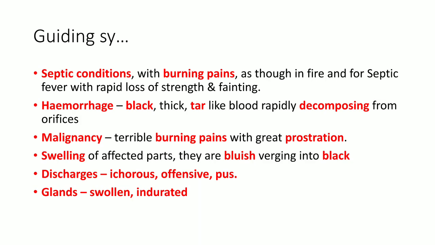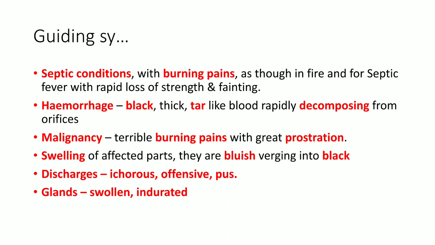See the guiding symptoms. First point is septic conditions. The characteristic points begin with intense burning pains. You have learned so many remedies having burning pains. Arsenicum you have learned, and Apis you have studied. In case of Arsenicum, the pain is ameliorated by warmth. Again, sulphur and phosphorus all have burning nature of pains, as though in fire, and for septic fever with very rapid loss of strength and fainting. So here the guiding symptom of ANTHRACINUM is that it covers almost all the septic conditions with burning pain and